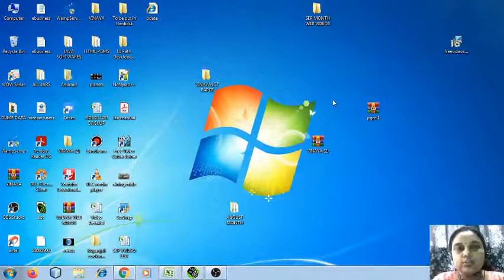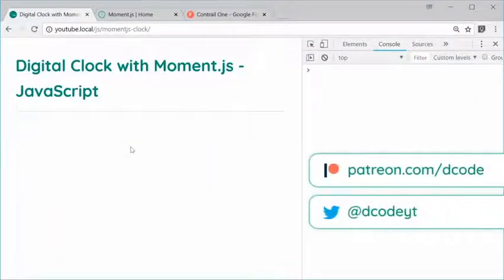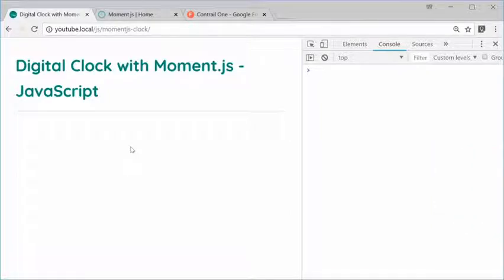So in today's session we are going to study about writing a JavaScript program for creating a digital clock using Moment.js. How's it going, guys? My name is Dom, and today I want to show you how to create your own digital clock with Moment.js inside JavaScript. Okay, so for those of you who don't already know, Moment.js is basically a JavaScript library that deals